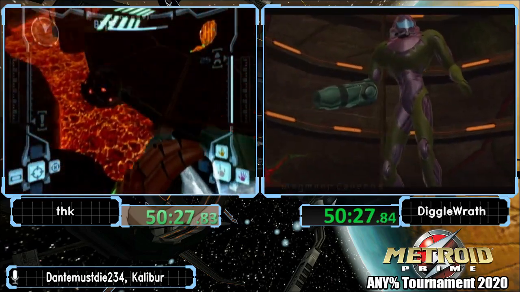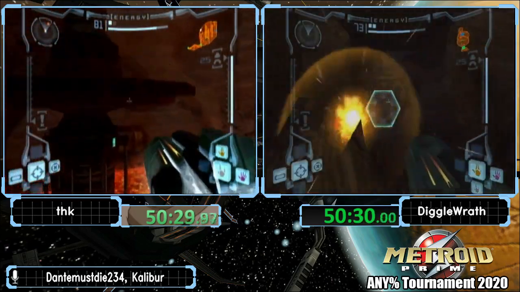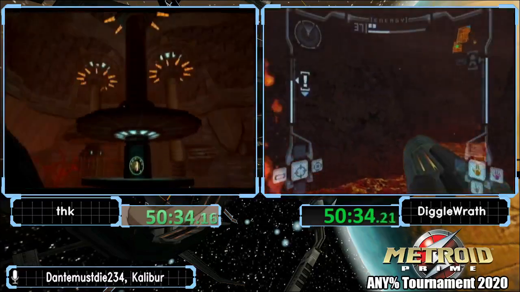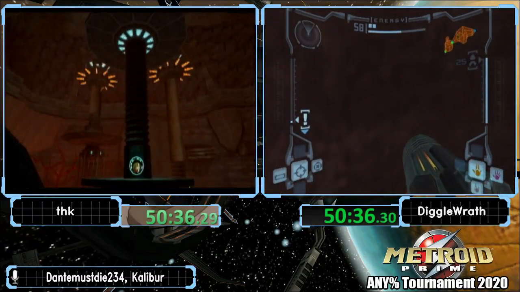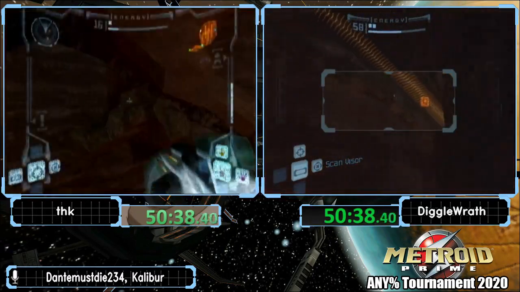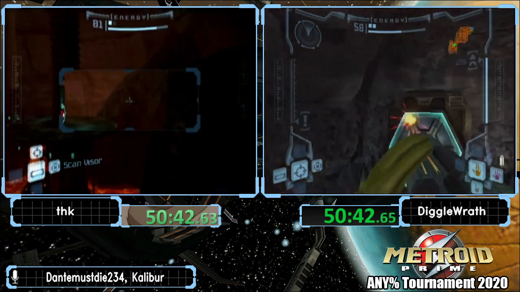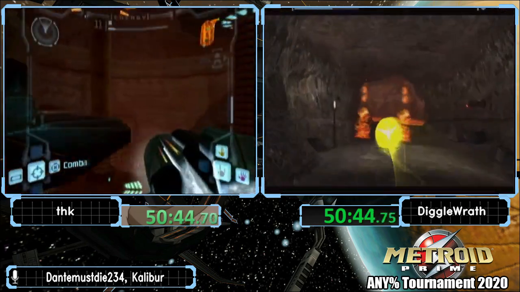Be good content. Ooh, THK does Spinner Skip. Alright, so Spinner Skip. Let me explain a little bit, because there's some stuff to. Ew, he does the dash. He could do an R jump there, but I mean, if he wants to do dash. Anyways,